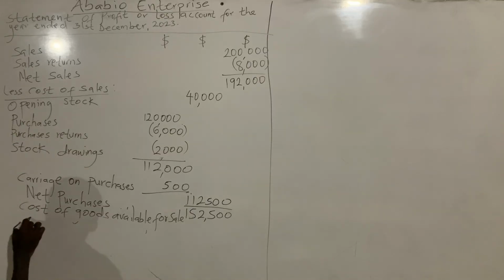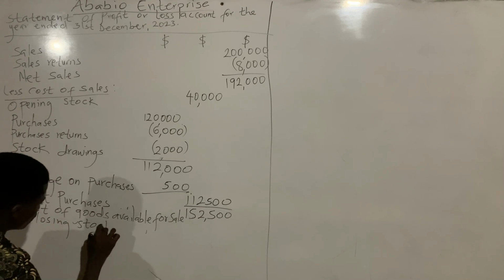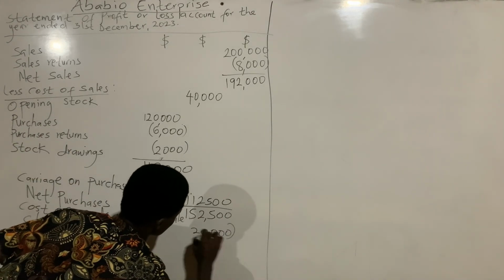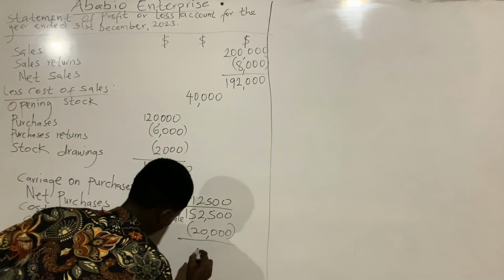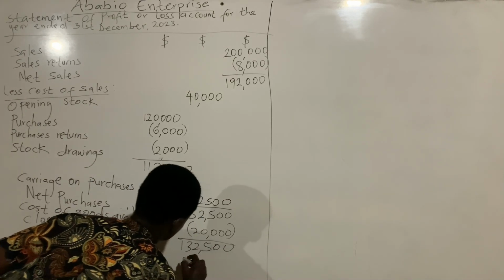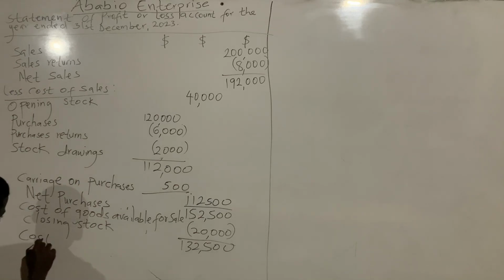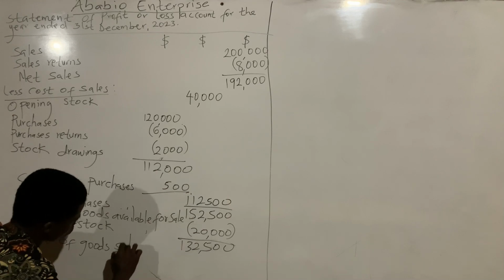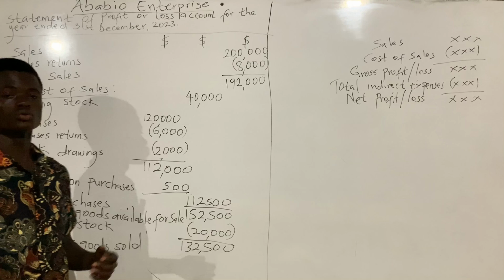So we will subtract the closing stock of $20,000 from the cost of goods available for sales of 152,500 to get 132,500, and this is the cost of goods sold. So after getting our cost of goods sold, we will look through our question to see